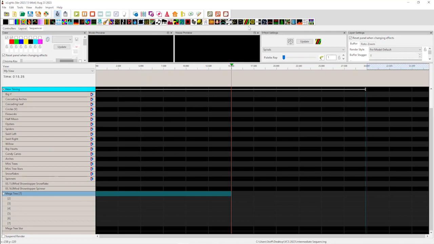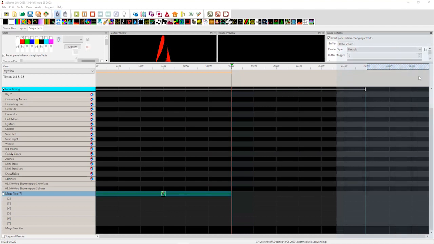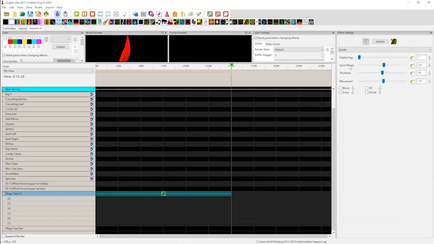Let me add on a spiral. And we're just going to make it a red spiral. I'm going to go over to the effect settings. Let me get it docked the way I like it. Maybe. There we go. All right, so we've got now our effect settings. And I'm going to reduce the size of this down a little bit. I'm going to increase the reps. So now I've got a little spiral going across. I'm going to up the movement a little bit. Okay, and if we go in and look at the